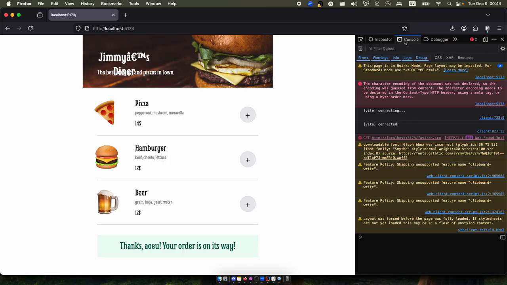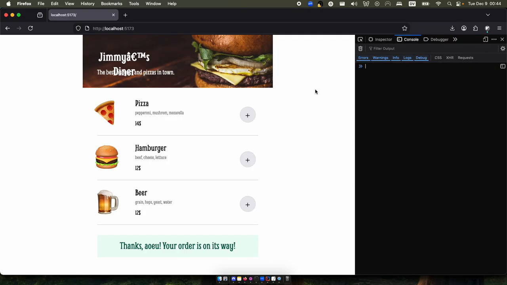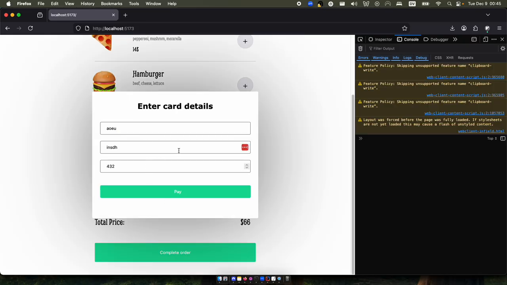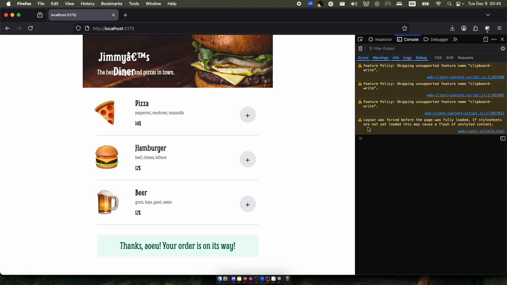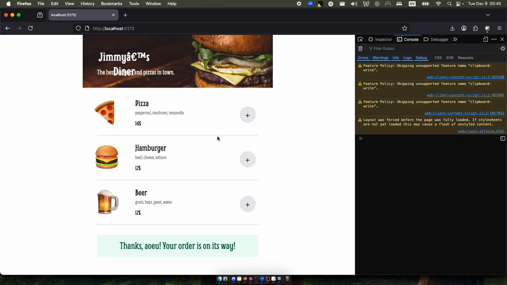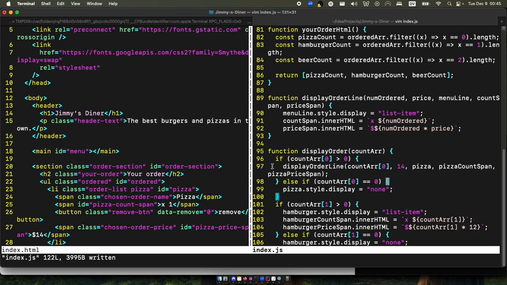Yep, there's no back end, so we wouldn't expect anything there. Cool. I think this is caused by my password manager. So that's done. Yeah, now let's